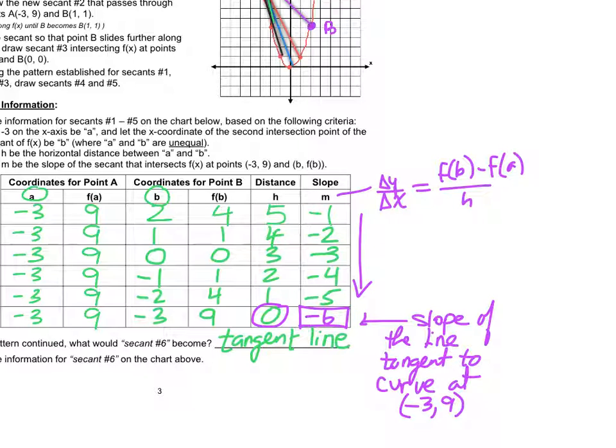So the top of the next page just deals with coming up with a general structure for this, because what we don't want to do is have to create a table every single time we want to find the slope of a tangent line. There's got to be an easier way. So that's a teaser for tomorrow. So for 14, it says